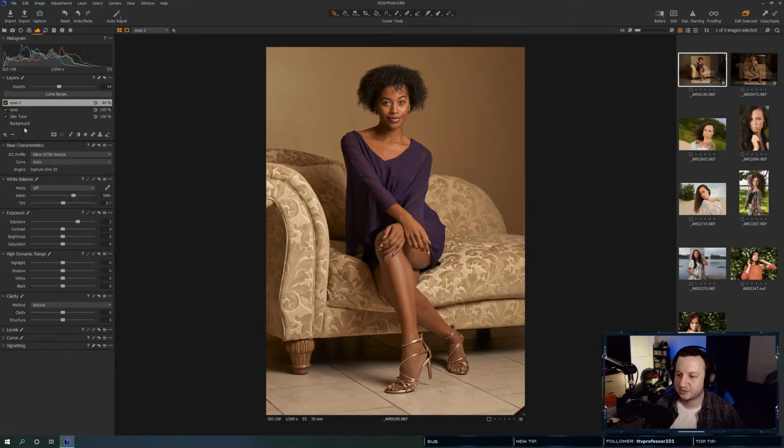Alright, so we got our eyes, we got our skin tone. Let's do a clone layer. Nope, that's not what I need to do. Remove that. I need a new clone layer. Nope, not clone. Heal layer, my bad.